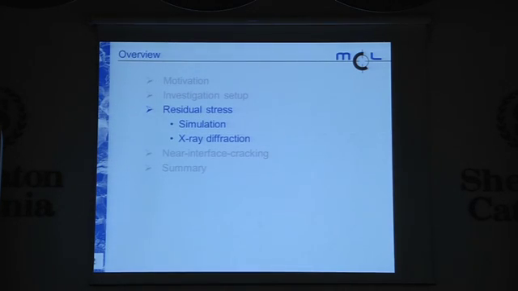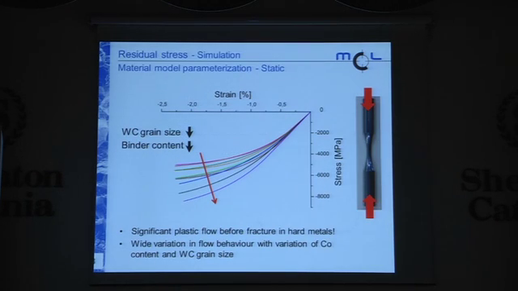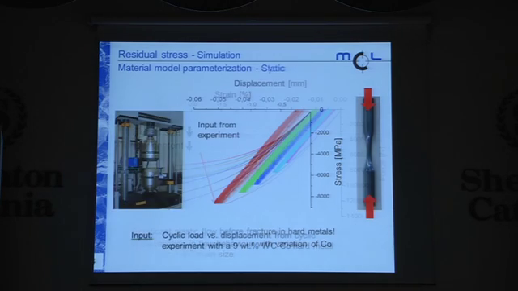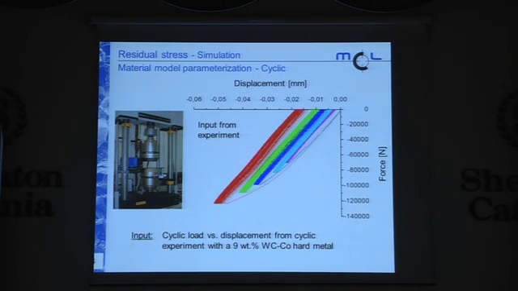Well, residual stress, we did some simulations, we parameterized a material model to be able to make sure that we model the deformation behavior of our hard metal correctly. What you see here is a number of flow curves in hard metals that we obtained in such a macroscopic specimen. We can see that there is plastic deformation before fracture under compressive strain, with elevated levels of flow strength, and there's a pronounced difference in this kind of behavior depending on the carbide grain size and binder content. Well, if you then do cyclic experiments, you find that